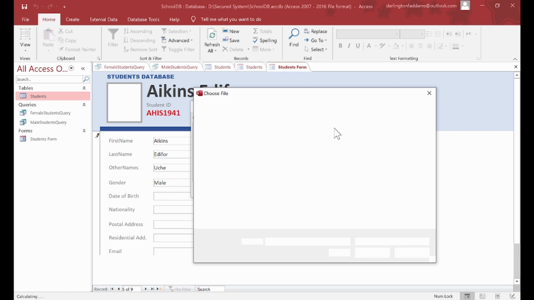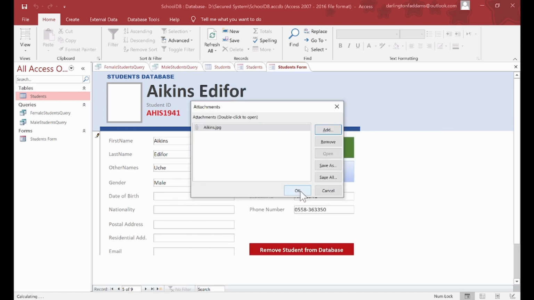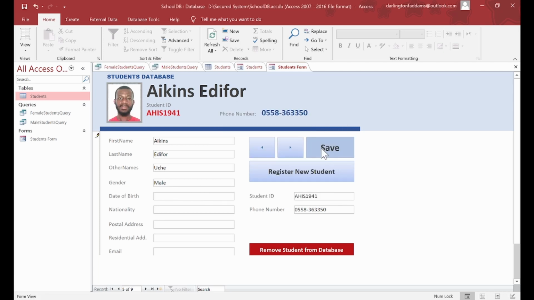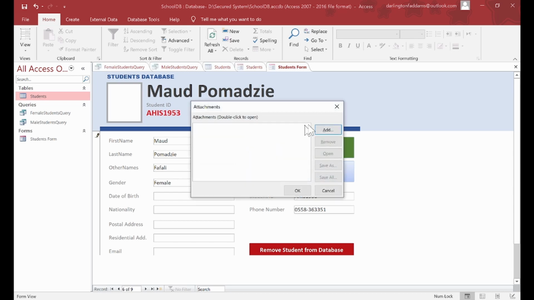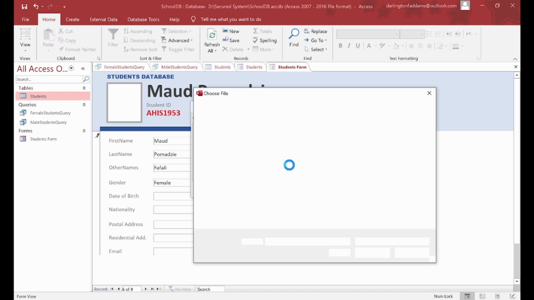So I'll double click on the picture, it will come in, I click OK, and voila, the picture is in the database for good. Let me look for the next person, add, Fafali,